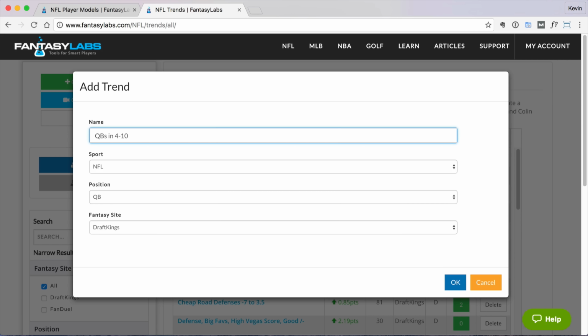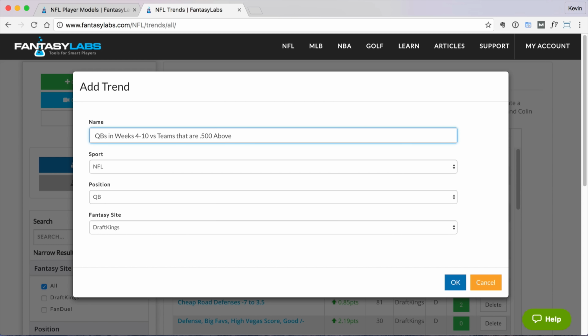Usually you don't have a real good idea until about maybe week 10. So I'll go QBs in weeks 4 to 10 versus teams that are .500